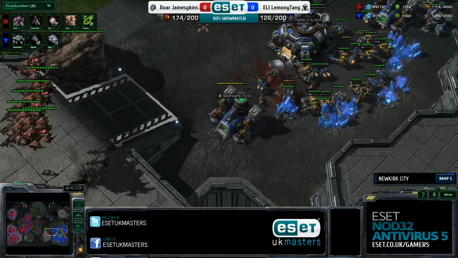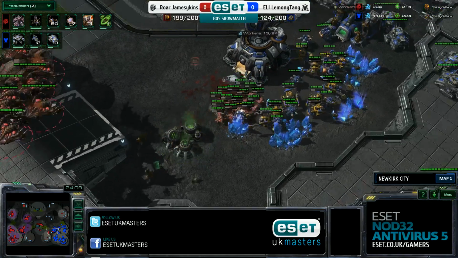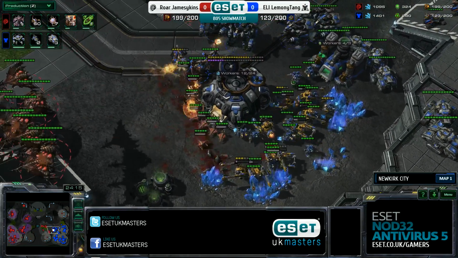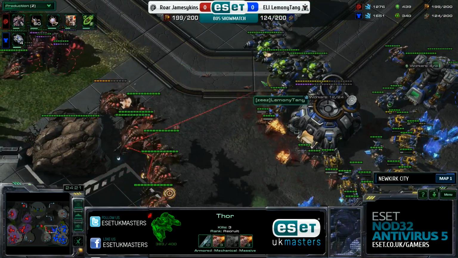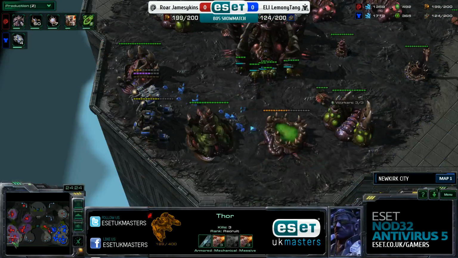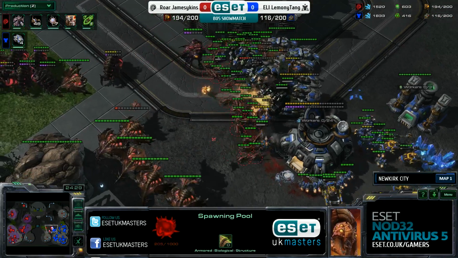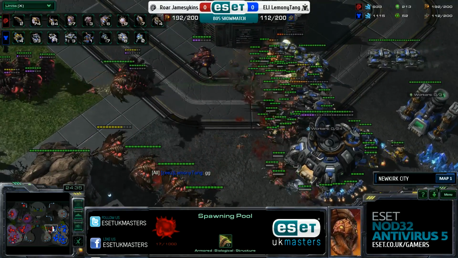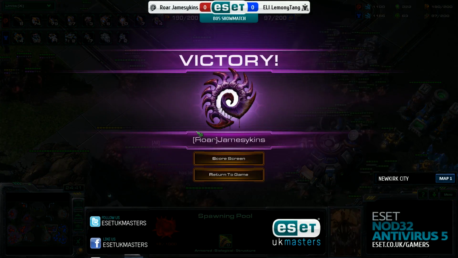And LemonyTang has done a good job holding on, but unsieging the tanks is something you've got to do against Broodlords, because otherwise you're just going to shell your own units. The Hellbats are going to do a valiant effort in order to hold off these Broodlings, but as we can see, the fungal growth hitting. Good use of the high impact payload on these Thors, just trying to pick off these Broodlords as fast as possible, but with a good number of speedlings streaming in from the side. As we can see, the GG has been called, and Jamesykins takes game 1 of this